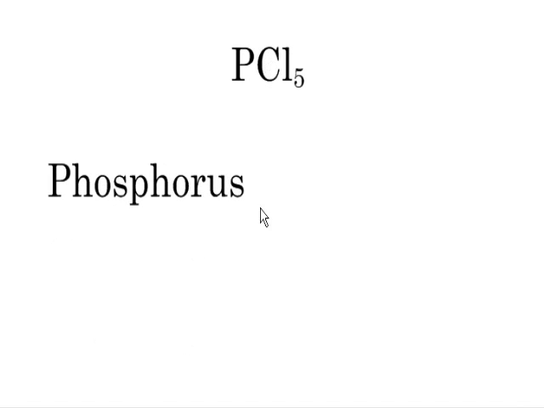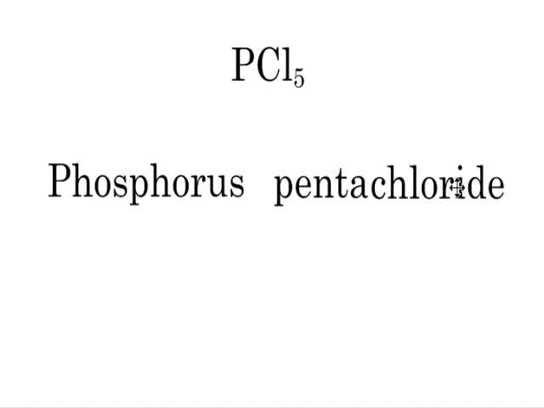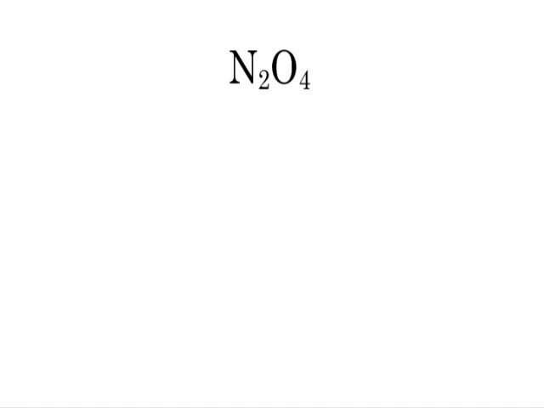Next example, P stands for phosphorus. Cl is chlorine. Chlorine is going to change its name to become chloride. And there's only one phosphorus, so no prefix here. There's 5 chlorines, so we're going to put penta. Slide this over. We have phosphorus pentachloride. Next example,